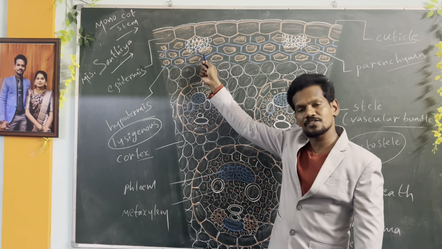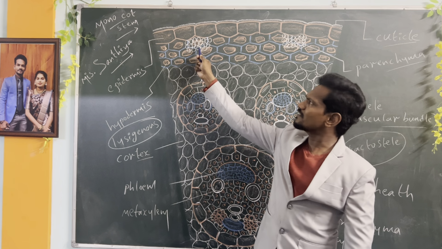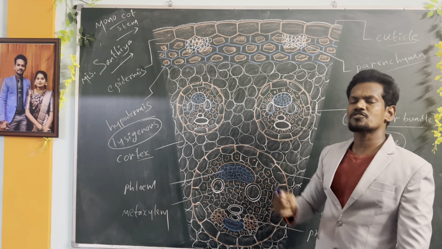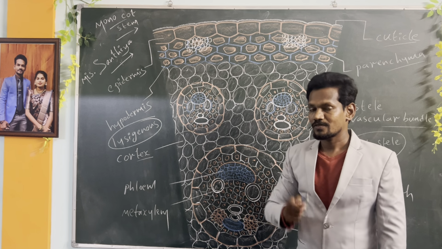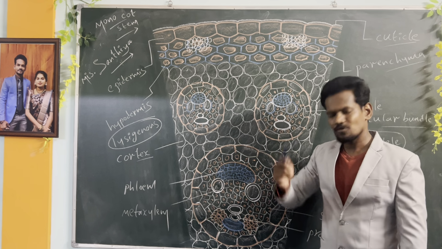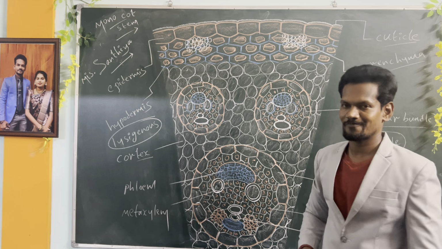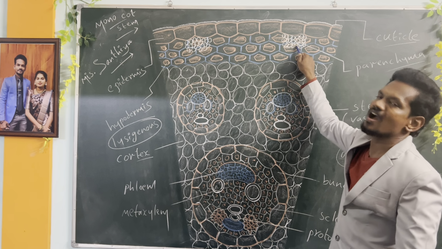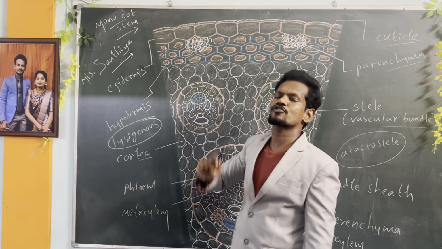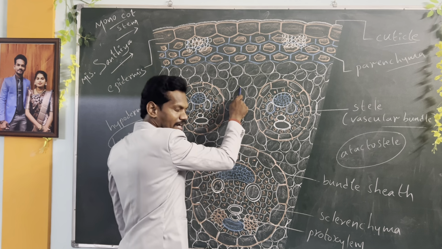And one more characteristic feature is that in the hypodermis, here and there, parenchymatous tissue is found. This parenchymatous tissue has chloroplasts, because the parenchyma which possesses chloroplast is known as chlorenchyma. Remember, so here chlorenchyma, a type of parenchyma, can be seen. It will participate in photosynthesis. Then followed by